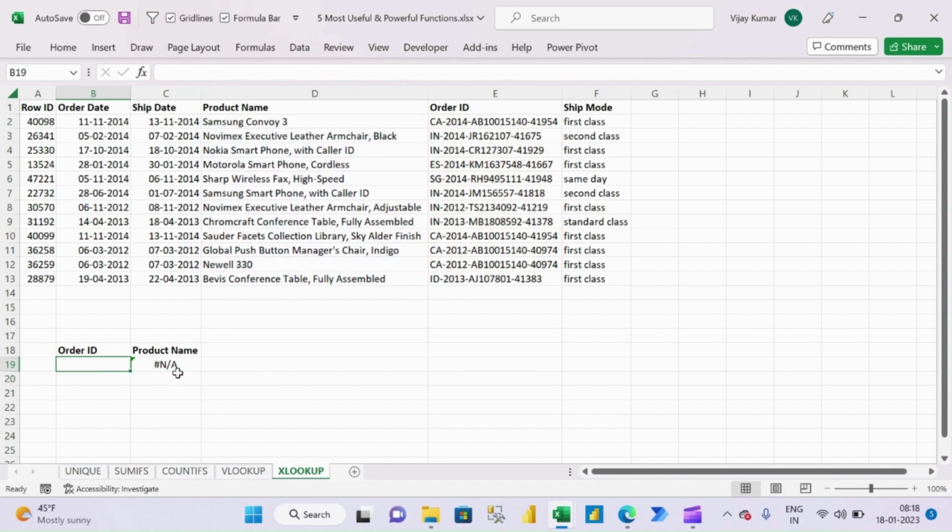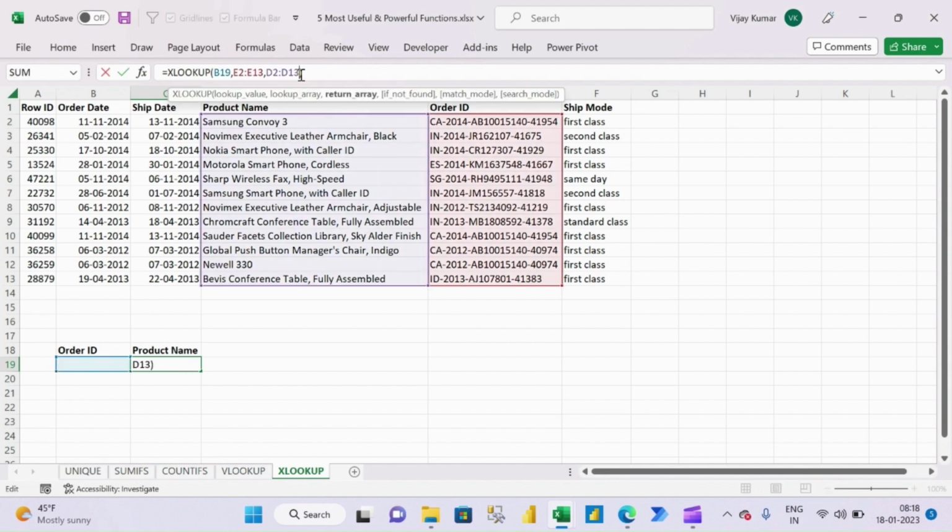So you must be thinking this function is also behaving in the similar fashion. It is giving #N/A error when we don't have anything as a lookup value, when our lookup value is blank. No, we can also handle it with ease. I will go in formula bar and press comma, and the second, and this argument gives me, what if this formula doesn't find anything? So let me write here, let's say not available,